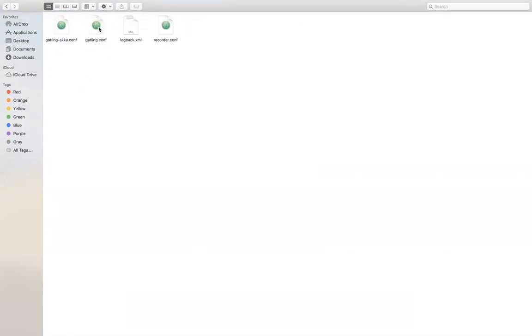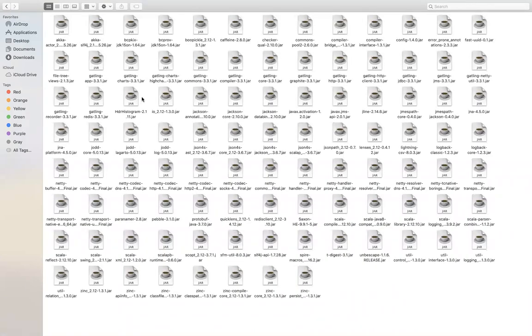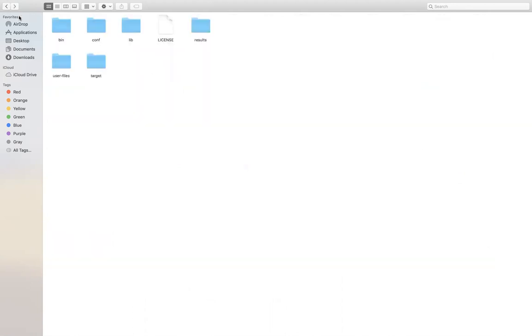It contains the conf folder, that is the configuration file for Gatling. It contains lib, that is used by Gatling. It contains the user files folder that has two folders, resources and simulations.